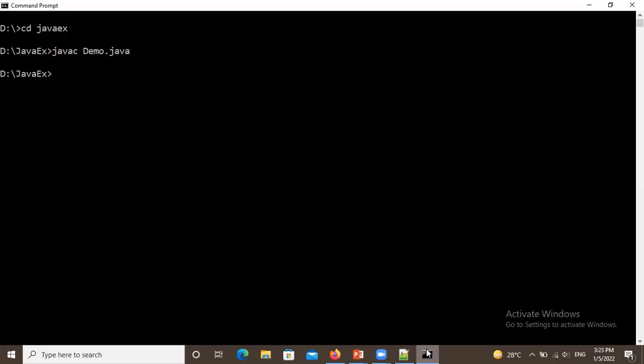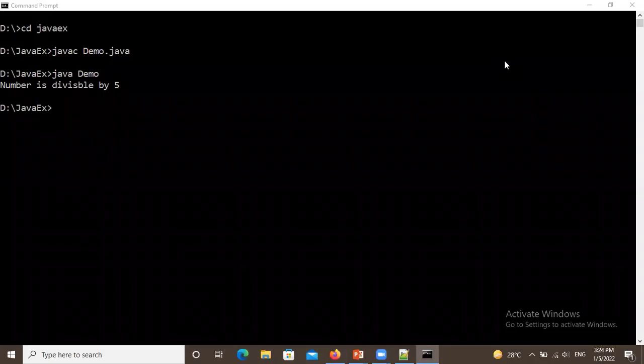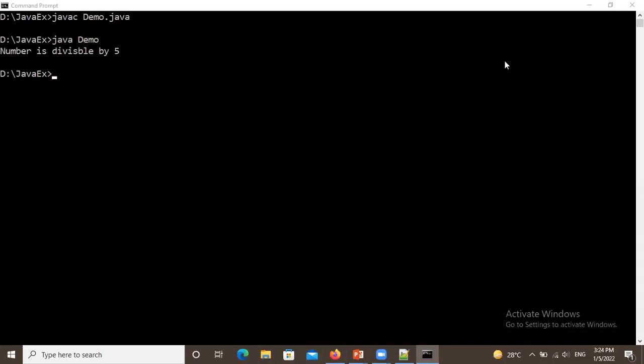So the file is compiled. Now to execute, there is the java command, and then the name of the file. So the output is: number is divisible by 5. Here the output is shown.